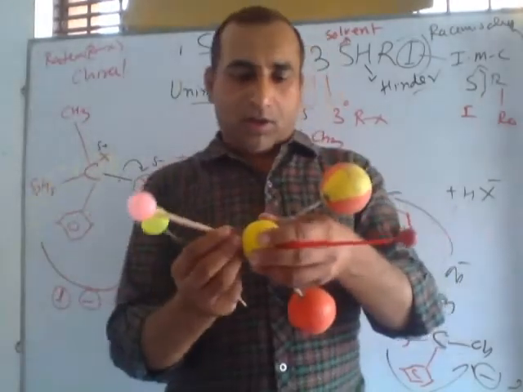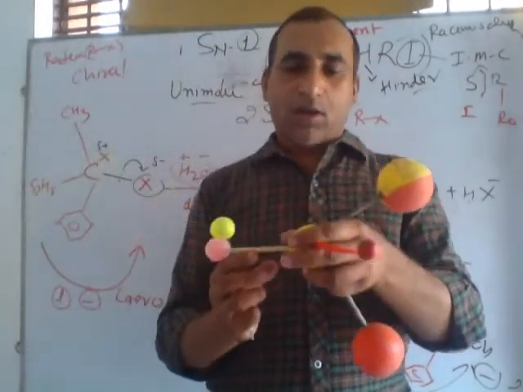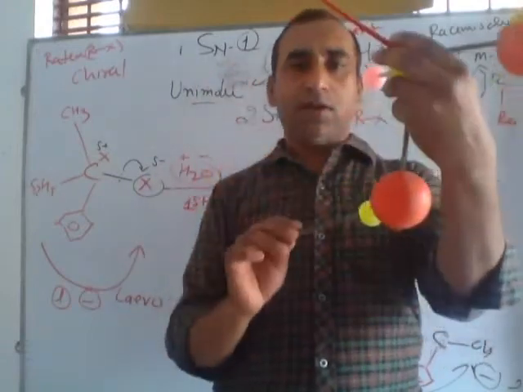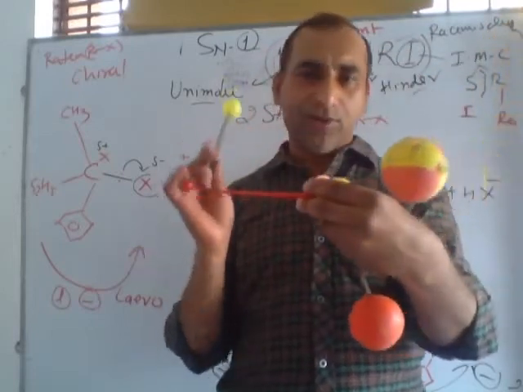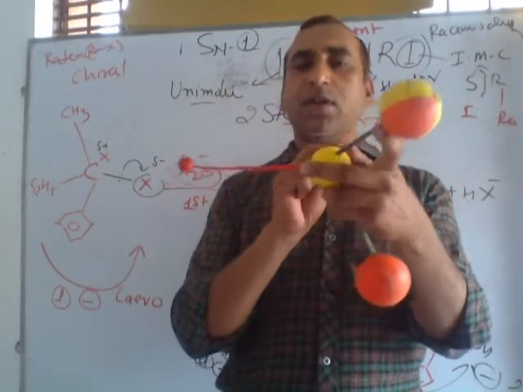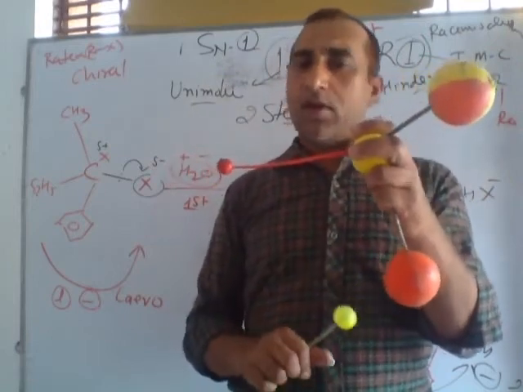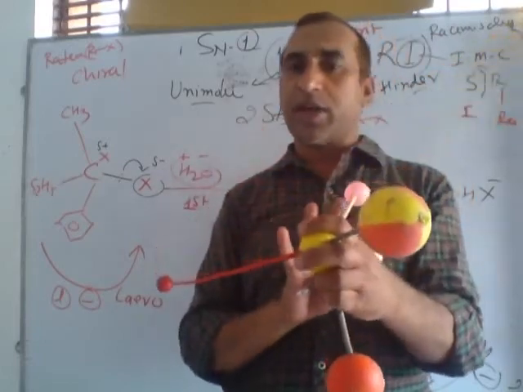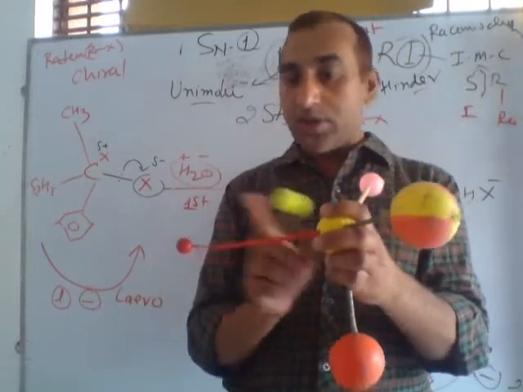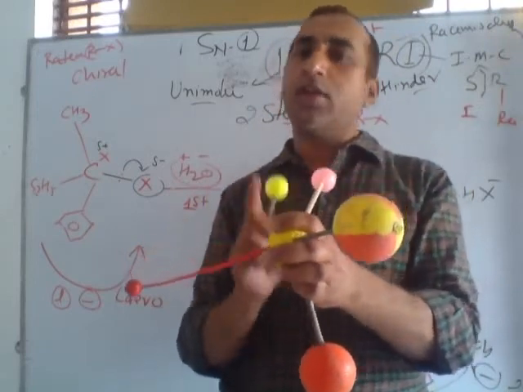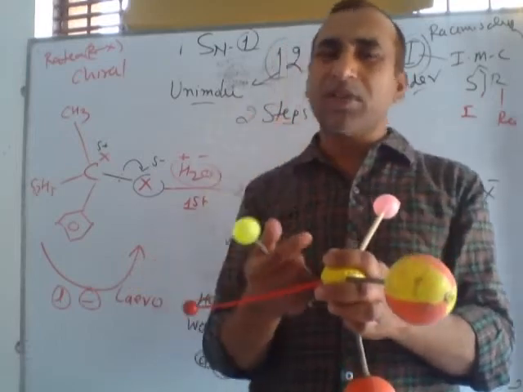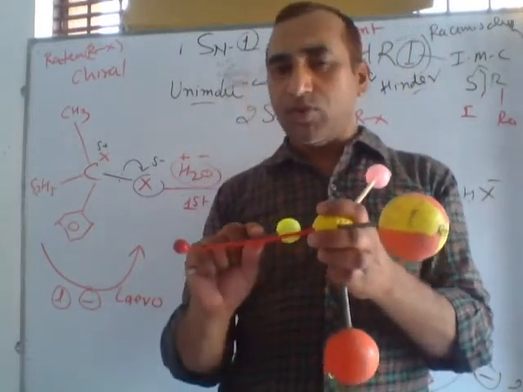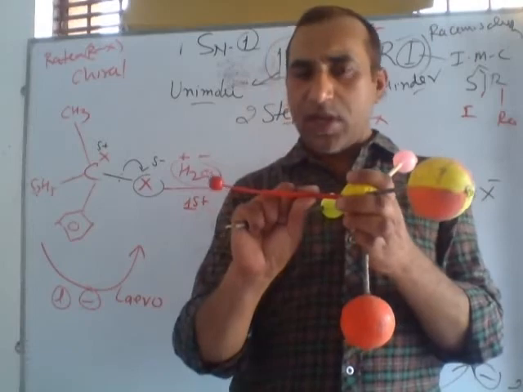Suppose, simple, this is a chiral center in this compound. Suppose this is a phenyl ring, ethyl, methyl. This is the halogen, and this is the chiral center. Suppose this is the dextro compound, and also this is tertiary, because three different groups are connected. This is a polar bond. If we dissolve this compound in water, or any protic solvent like alcohol or acetic acid, the polar protic solvent helps to remove this halogen.